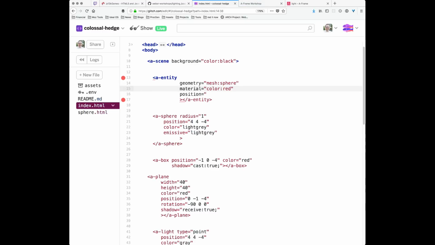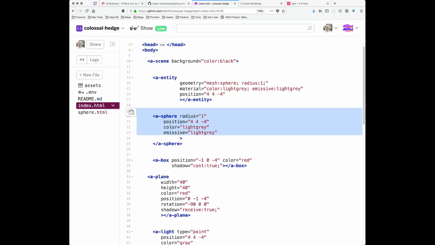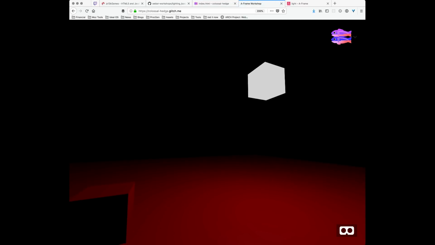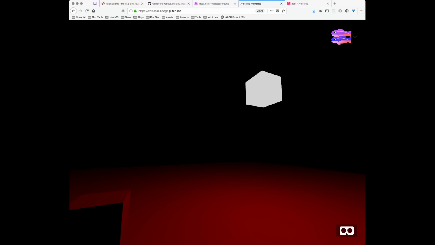Oh wait, we're duplicating this one. So mesh is sphere, radius is 1. Color is light gray. And emissive is light gray. Position is 4, 4, negative 4. And if I did that right, we should see that, except it is a box, which means I messed up